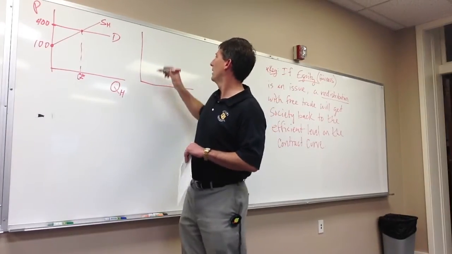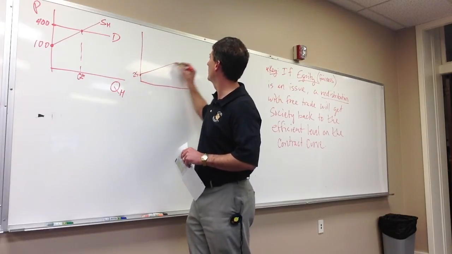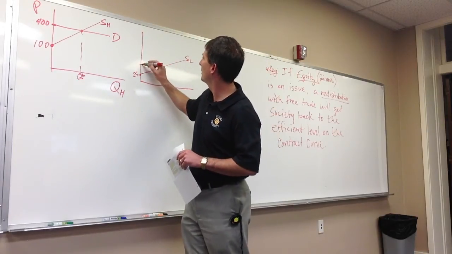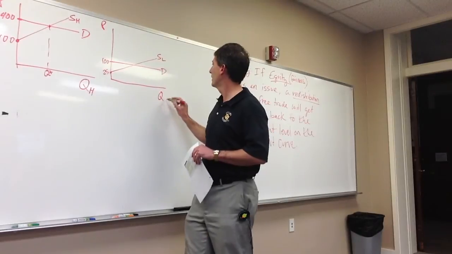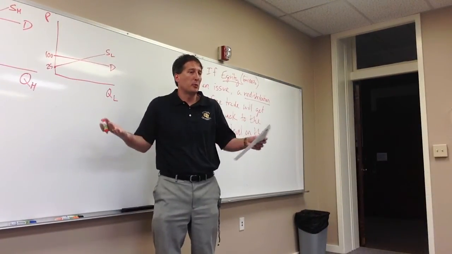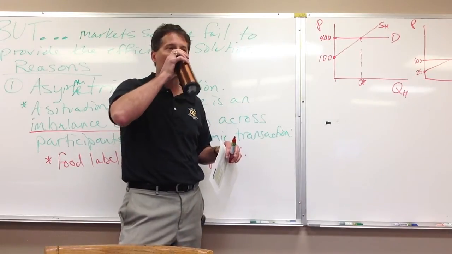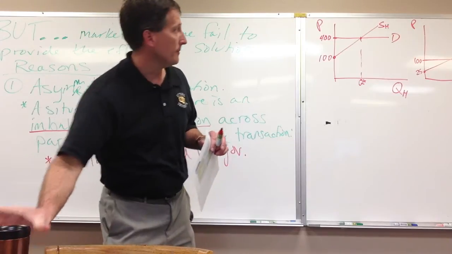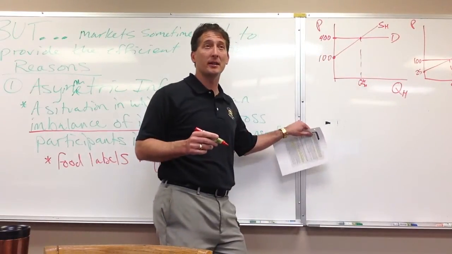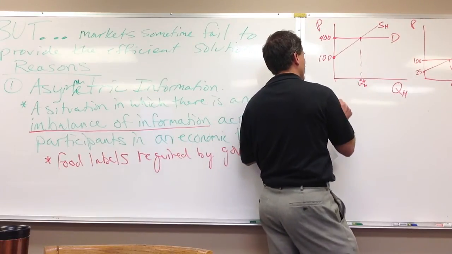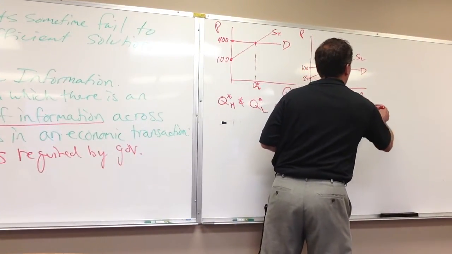On the low side, what do we end up getting at 25 here? I didn't work this out on this thing, but doesn't it turn out to be 25? And maybe something that looks like this. I think it is helpful to think about there being a real market. I mean, people would buy the old laptop, but they know what they're getting when they're getting into it, that there's going to be some hiccups and they might have to buy this or that or get it fixed or whatever. So if there was full information, we'd have that many lows and that many highs being sold. So this would be solution Q star H and Q star low occur with full information,